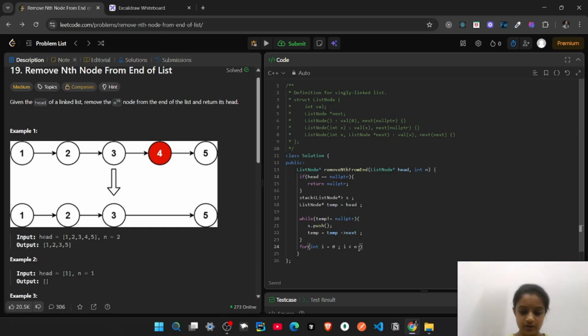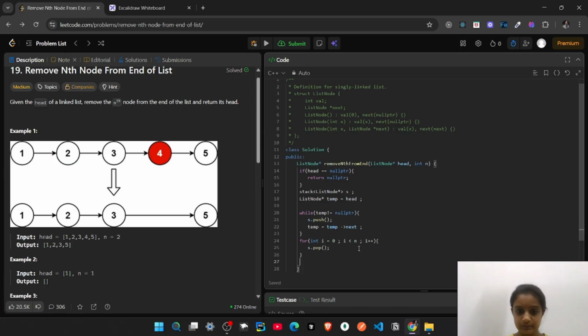From the end it will run, and i plus plus. We will iterate and call s.pop, as we will pop these elements. Then if s is empty, if the list is empty, then what we will return is